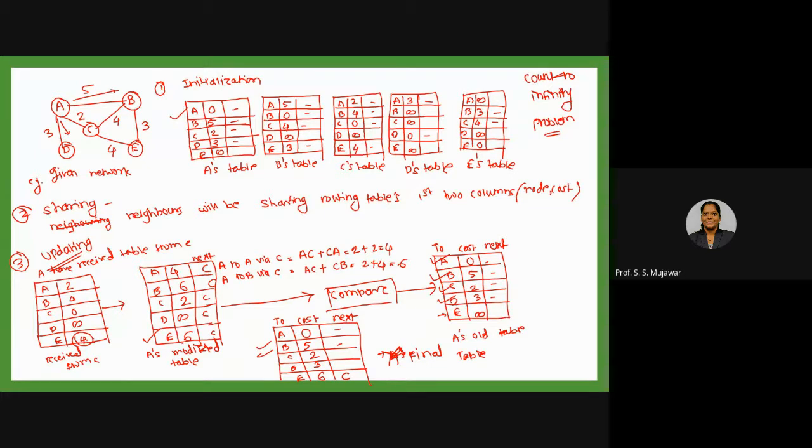In that case, the C is going to change its own table, right? C is going to change its own table, so it is going to update it to the infinite, क्योंकि ये पहुंच नहीं सकता ना उस नोड की तरफ. So now he will be updating with the value infinite, right? But now in the A's modified table, before getting the updation, A को तो बस इतना ही पता है that I can reach to E through C with the value 6. मुझे C ने बताया हुआ है that I will reach you out there.